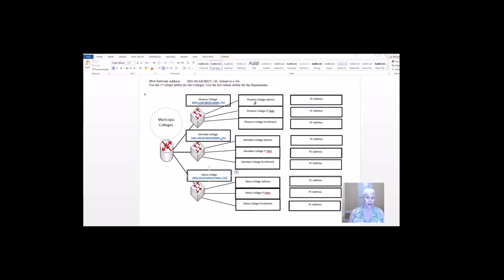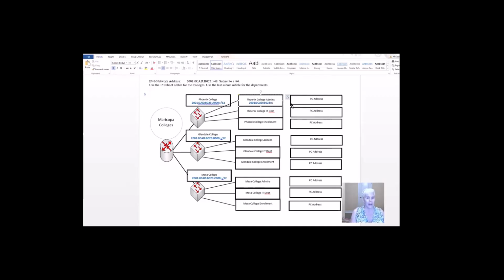Now I'm going to break down the networks a little bit smaller, and I'm going to give each department its own network address. So notice this says use the last subnet nibble for the departments. All right, so Phoenix College, it's going to be 2001:CAD:B023. Now the network piece of it is the same.